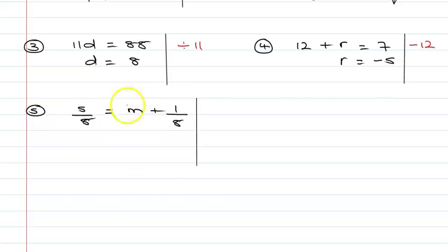In order to isolate m, yes, m is on the right hand side, but that's okay, it doesn't matter. It just doesn't look as neat, and I know some people are bothered, but in order to isolate m you need to subtract 1/8. So I'm going to minus 1/8 from the right, which means I must subtract 1/8 from the left. So that leaves m on this side. 5/8 take 1/8 is 4/8, and of course we can simplify that fraction to be a half. So m equals